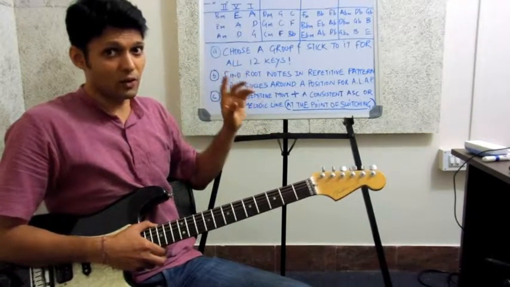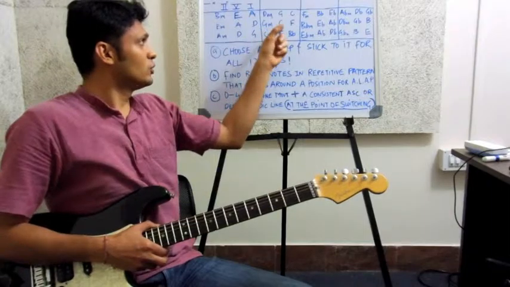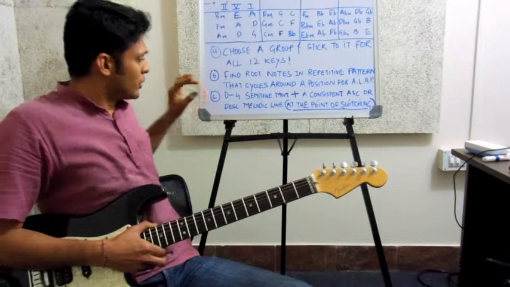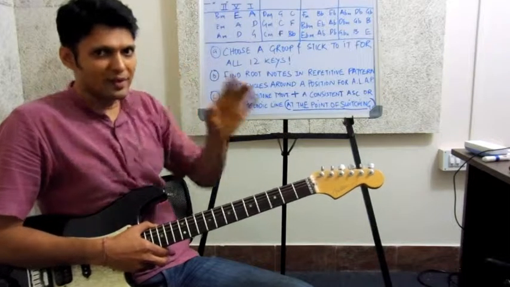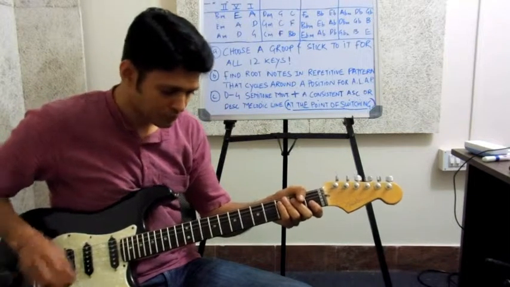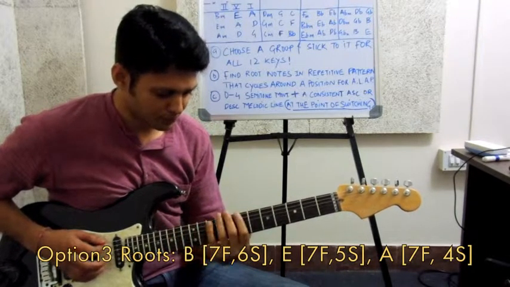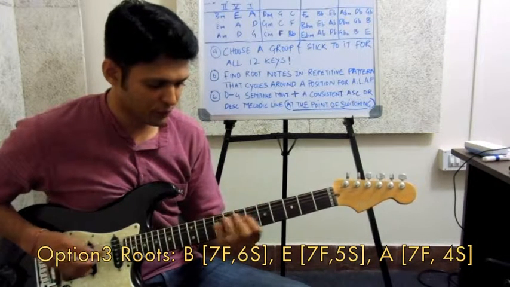And I'll not have to tinker around with any chord shape till I get to the fifth key and the chord G minor, where the change will come about because of the guideline C. Let's look at it when we get there. So let me start with the root notes for option 3, B, E, A for the first key. The chords will be